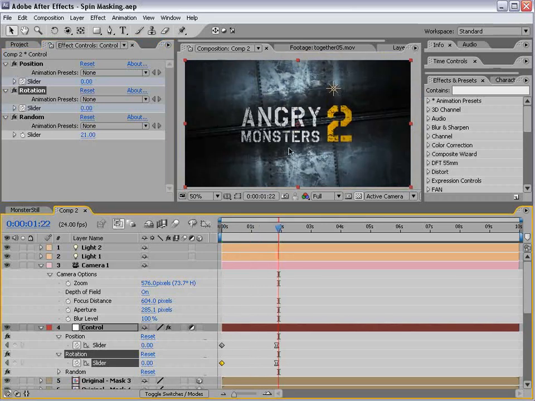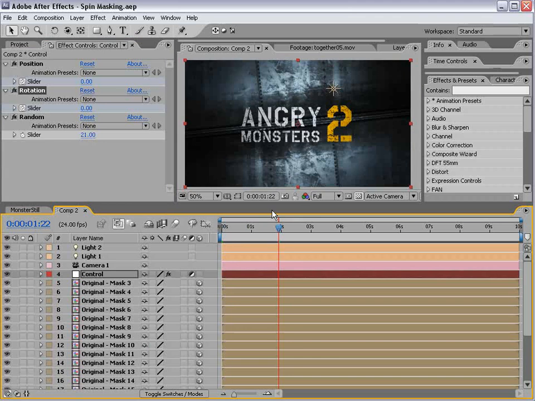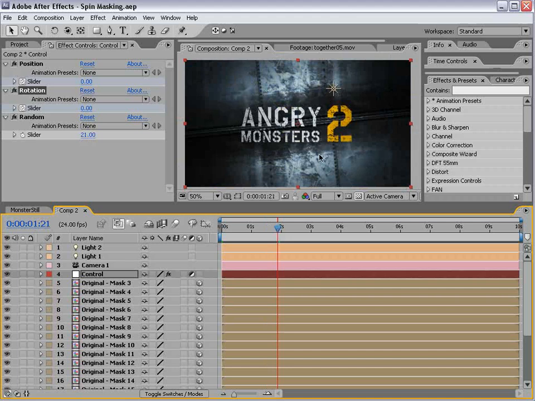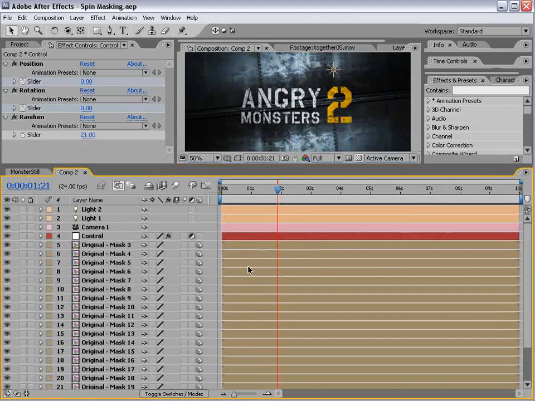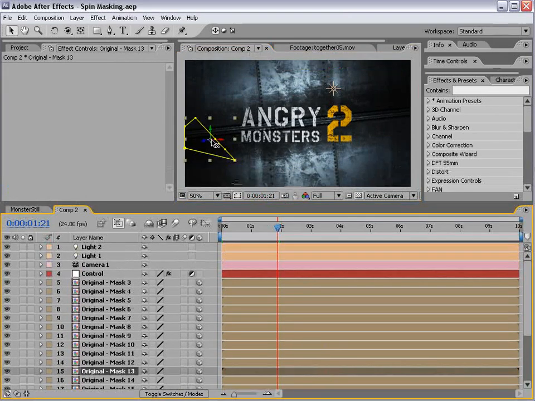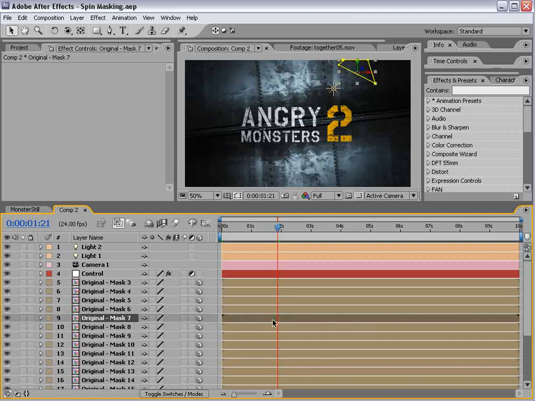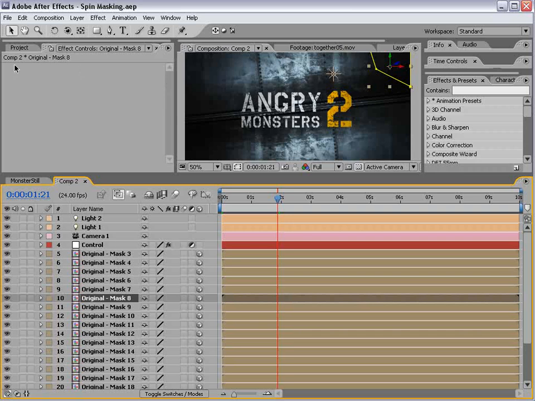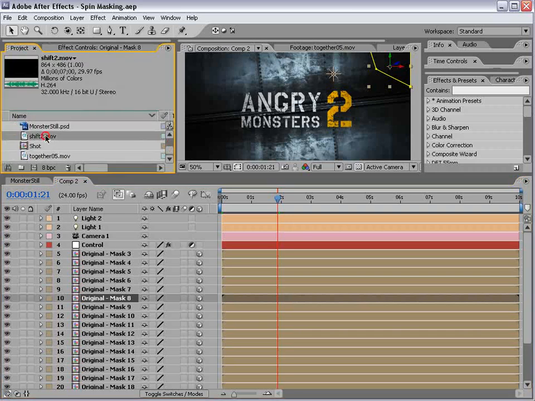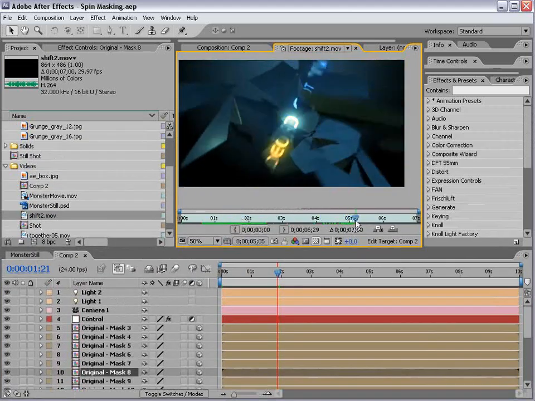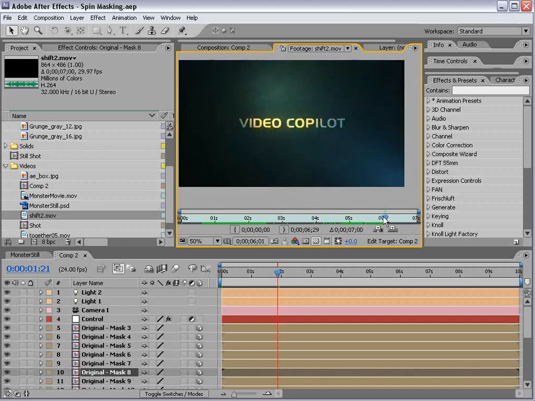Now, the one thing about this particular method is that it's essentially using the rotation for the center of each chunk. So if I select a layer, I'll turn the masks back on here. If I select one of the layers, you can see the anchor point is at the center of that layer. And the reason why is because the script automatically did it that way. But what about the original example I showed you? Let's see, it's called Shift, where the layers are actually rotating around the center, this point, and then they're coming